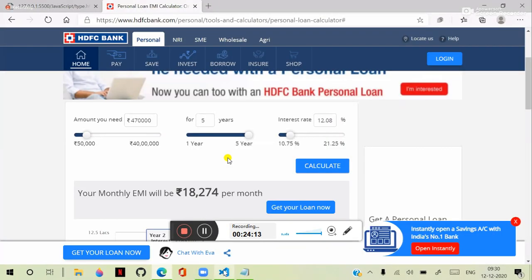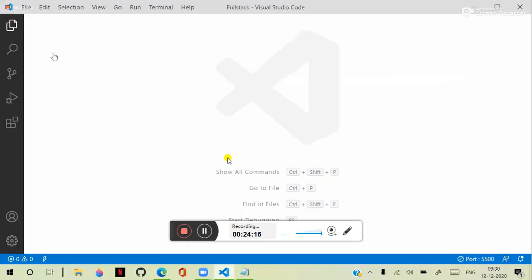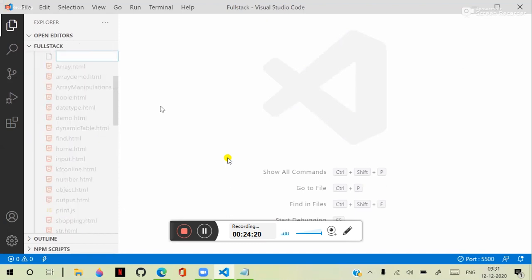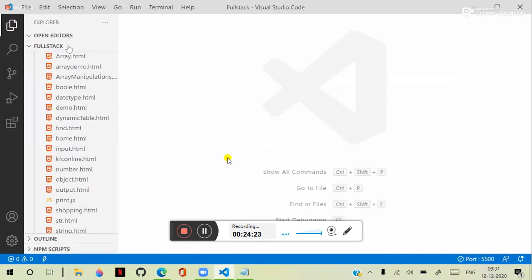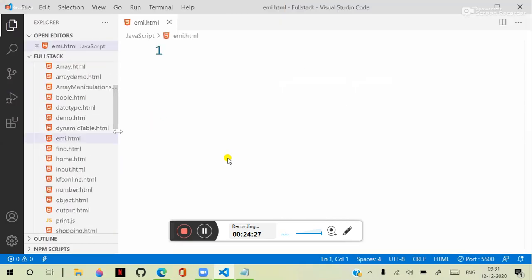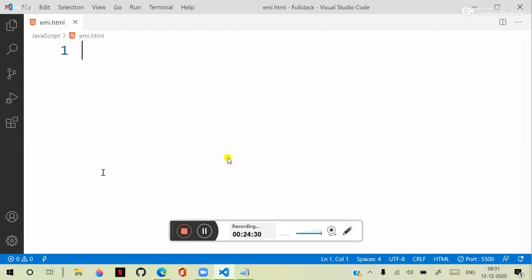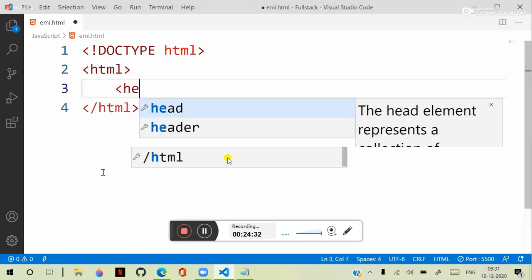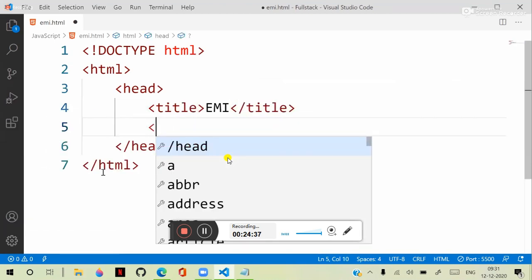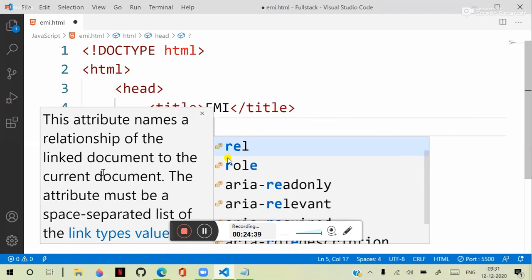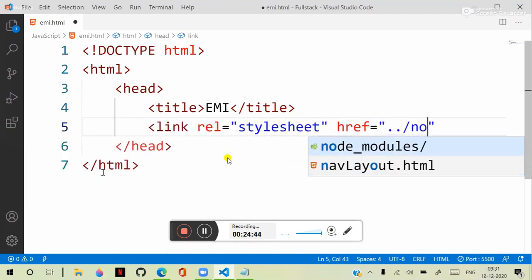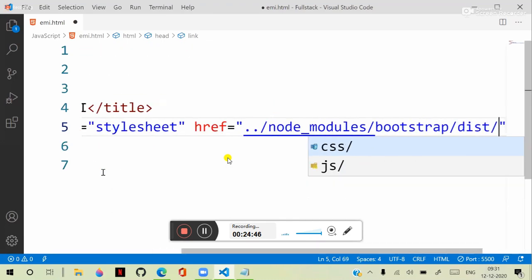Let's create this design first. Suppose I'm showing you why you need mathematical operations. I will show you a simple option here: EMI.html. So let's create a design here. Doc type HTML, header, title is some EMI. And here we have link rel equal to stylesheet, and href is from node_modules, bootstrap, dist, css,